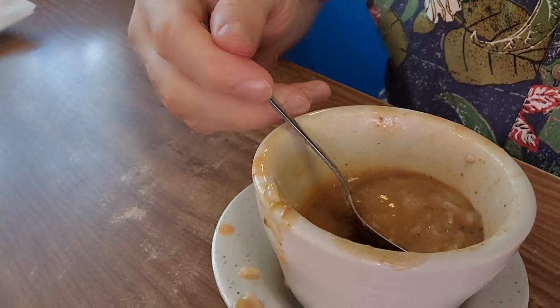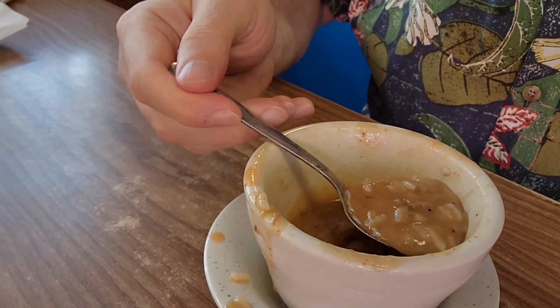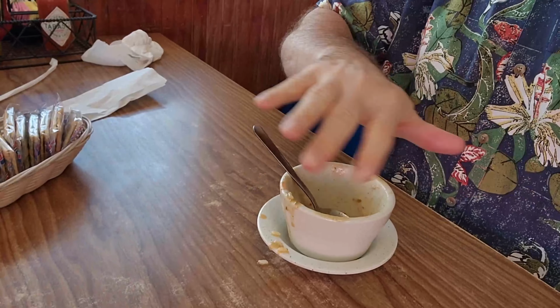Crawfish is also another good thing that goes pretty well in the gumbo. Not seeing any of that. So it's basically just some shrimp, okra, and a decent roux overall. So it's certainly a passable gumbo. Now, here we go, getting to the very bottom of it, and just like I've totally destroyed this gumbo,